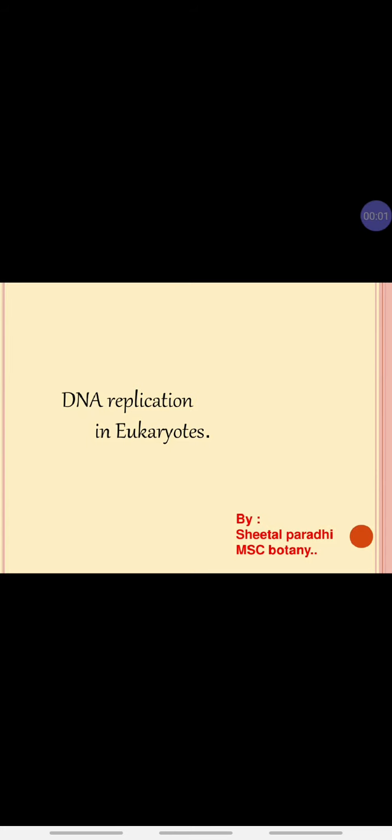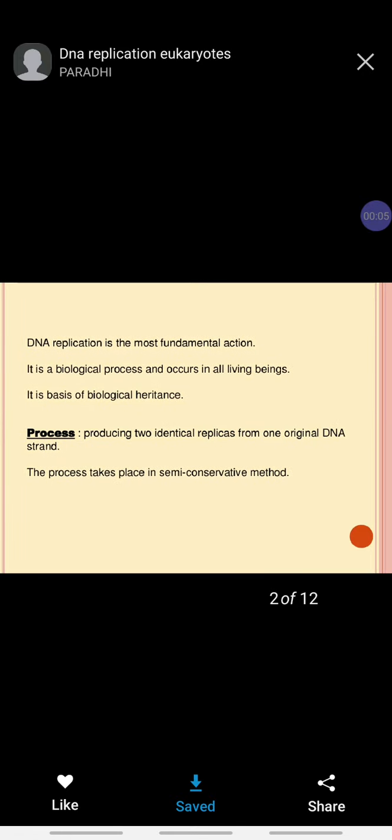Hello everyone, we are going to discuss a new topic, that is replication in eukaryotes. As you know, replication is the process by which an exact copy of DNA is made from its parental DNA to the daughter DNA, which occurs in the S phase of the cell cycle, the synthesis phase. The location of DNA replication is the nucleus,